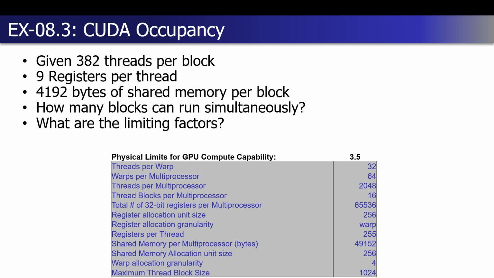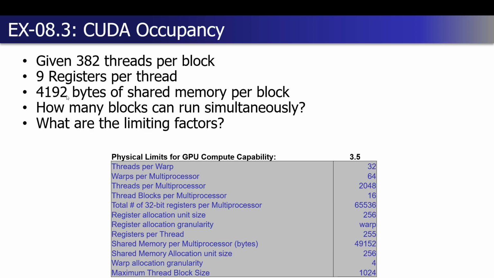So that's our second limitation. We already knew from a hardware perspective, 16 blocks had to be our upper limit. We have 12 warps per block here. So now we're looking at no more than 5 blocks going on here. You have to keep working forwards and backwards here, I guess. If you had 5 blocks,